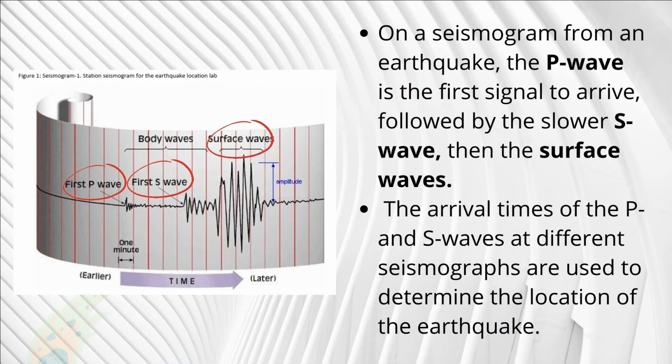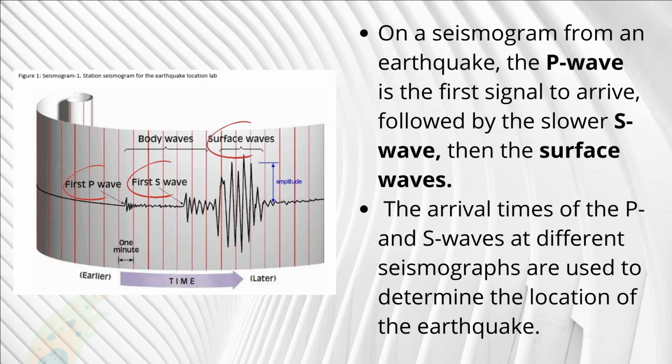On a seismogram from an earthquake, the P wave is the first signal to arrive, followed by the slower S wave, then the surface waves. The arrival times of the P and S waves at different seismographs are used to determine the location of the